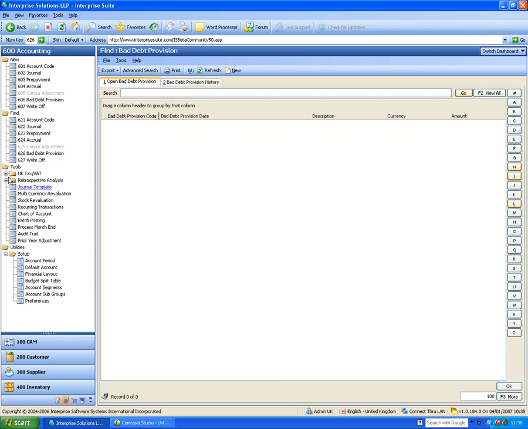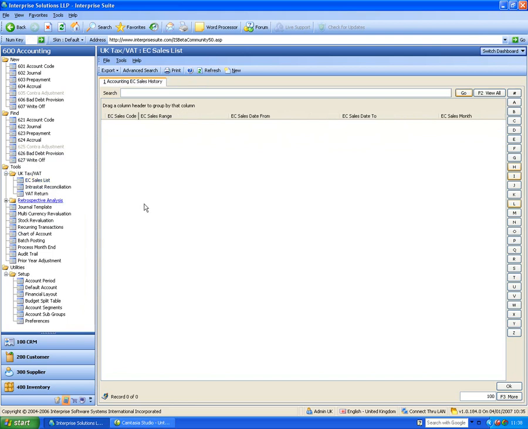Now we're into tools. Okay, so within tools, we have EC sales list, intrastat reconciliation, and VAT return. So let's look at the EC sales list as an example. Now, a problem with a lot of systems was that whenever you took a VAT return or an intrastat or whatever it was, if you lost your hard copy or lost the information at the point that you reconciled it, it was always a bit difficult to reconstruct that data exactly as it was